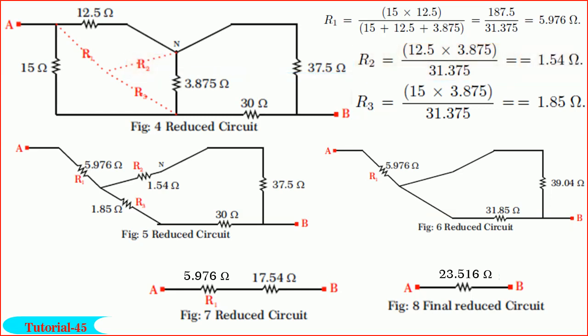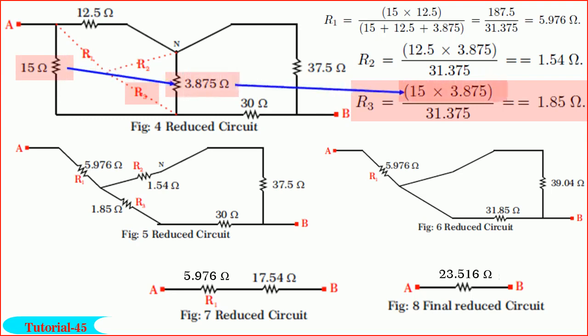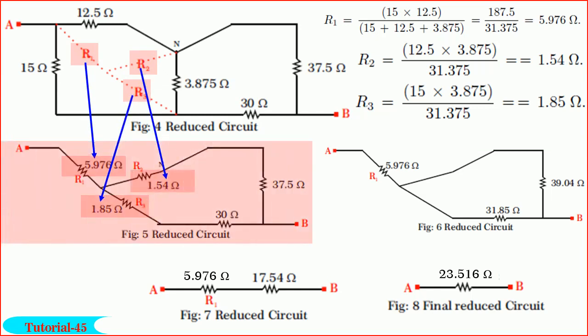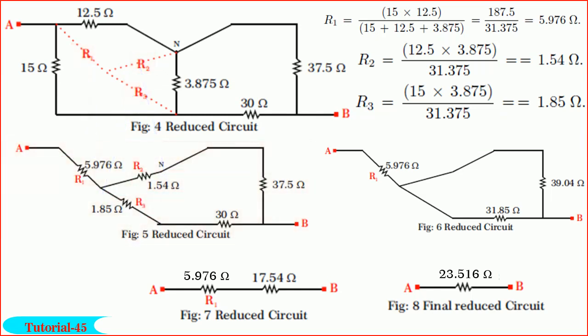Also, R3 is equal to 15 into 3.875 ohm divided by 31.375, which will give us R3 equal to 1.85 ohm. Incorporating these values in place of delta, we get the circuit shown in figure. Now, you observe that